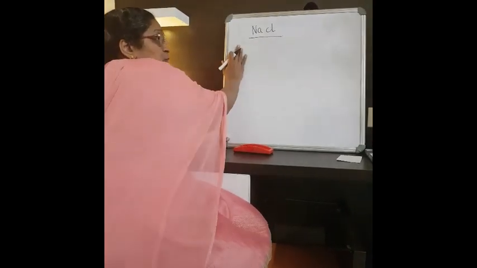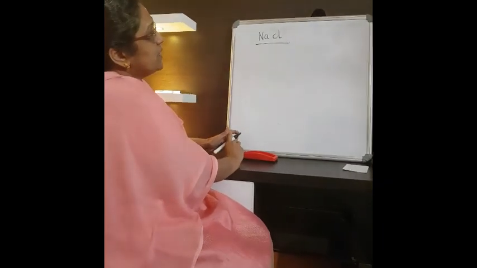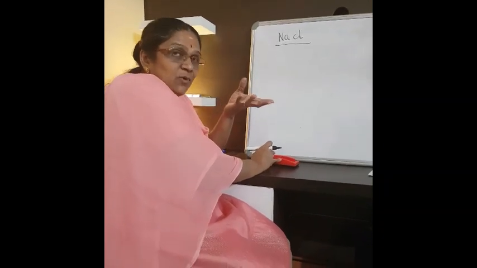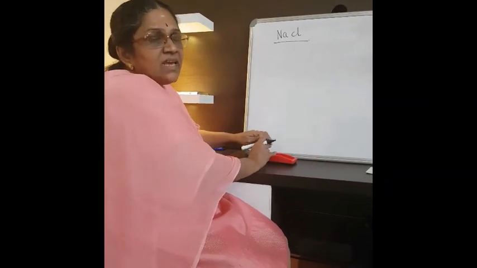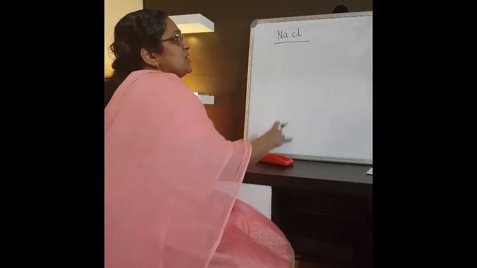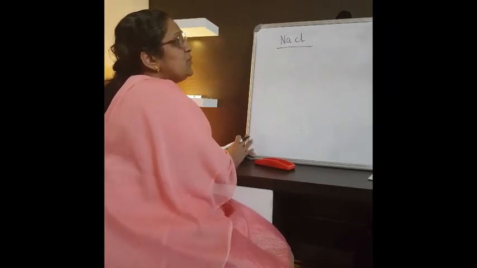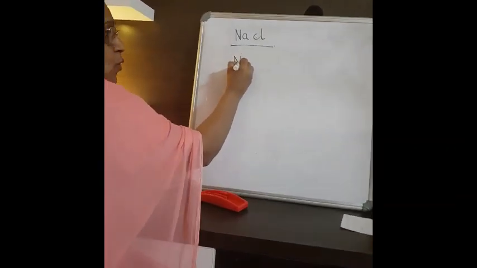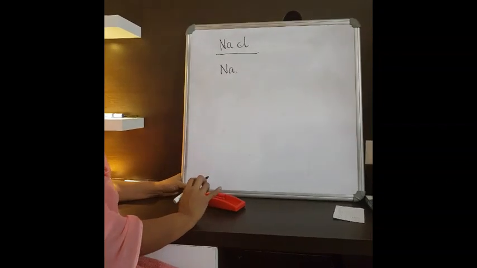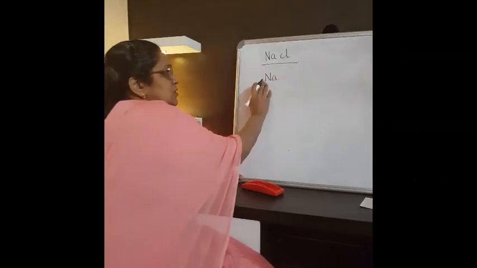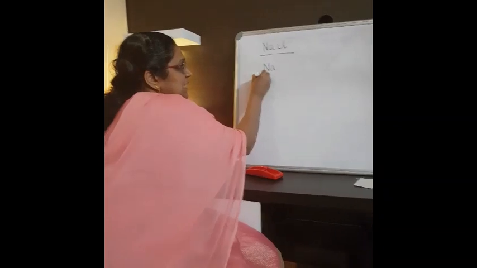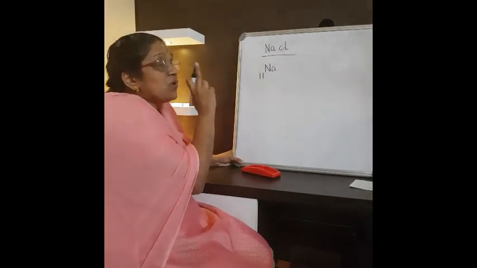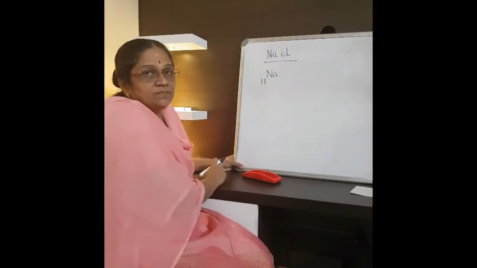Okay. In the board exam, a question will always come, either write the formation of magnesium chloride or calcium oxide or sodium chloride or anything. They can give any compound. So, this is the formation of sodium chloride. First, write which is the metal and which is the non-metal. You have to know the atomic number, or in the question paper it will normally be given. So sodium, the atomic number is 11.